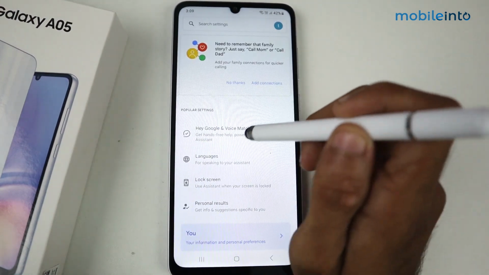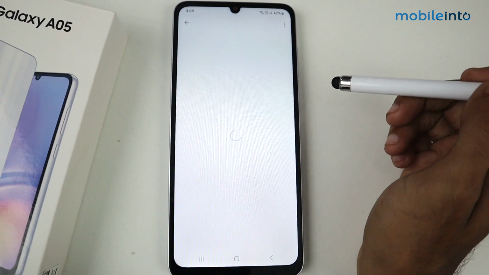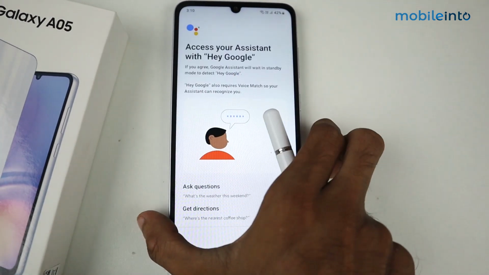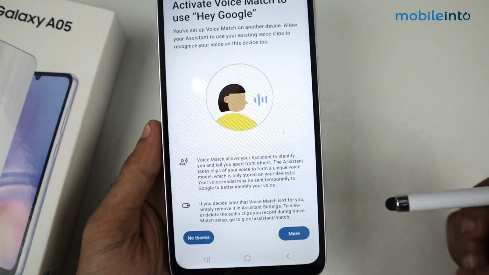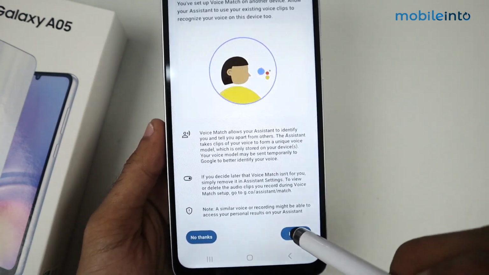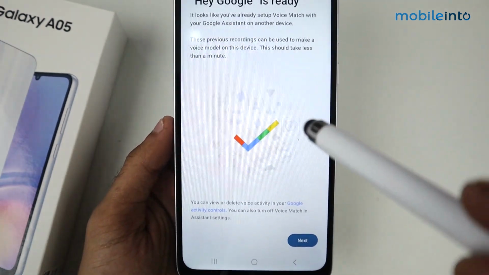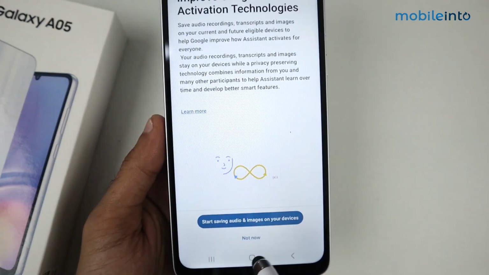After that, click on Hey Google and voice match. Now enable it and now set it by your voice. Just click more and then click I agree. Again click more and then click I agree. After that repeat all the things that Google gave you. Click on not now